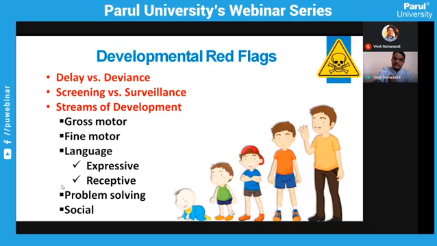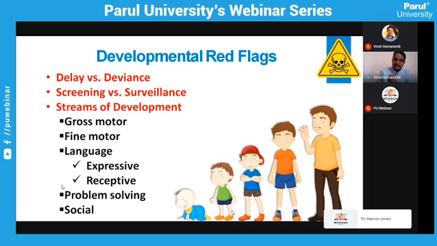And when the child is not able to express through speech or expressions, then we have to identify why there are expressive language issues. Next is problem solving, simple to complex problems. When the child is growing, initially simple problems are easily solved by them. But once the child grows up, the complexity of problems which he or she can solve increases. If the child is not keeping up with the expected norms, then we have to ask.